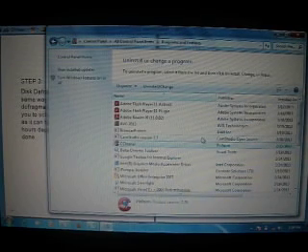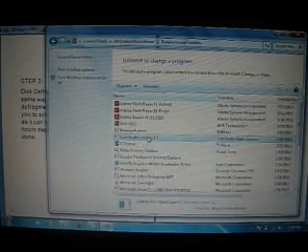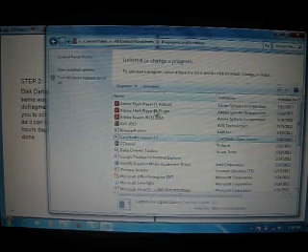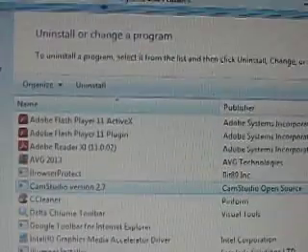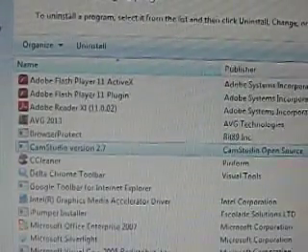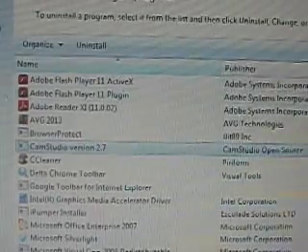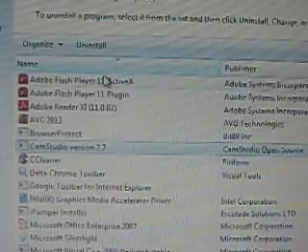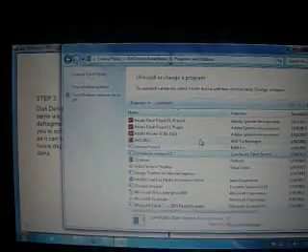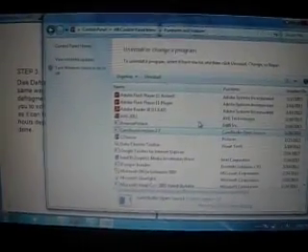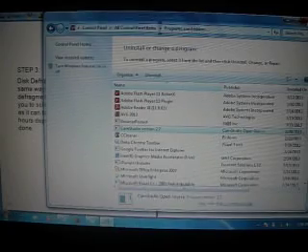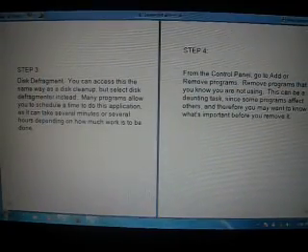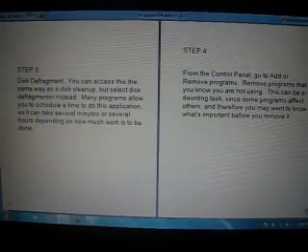For example, this one, and just click Uninstall. You finish step 4.